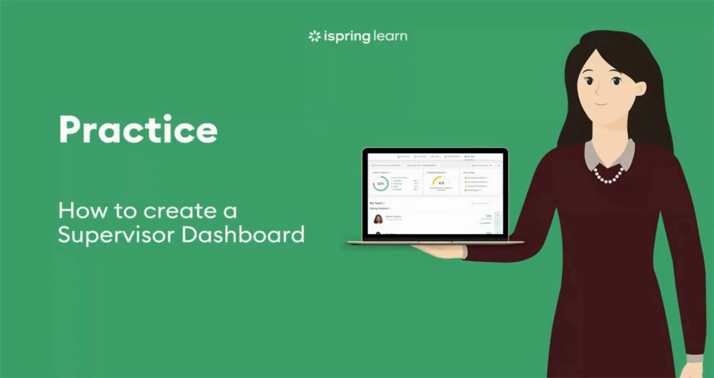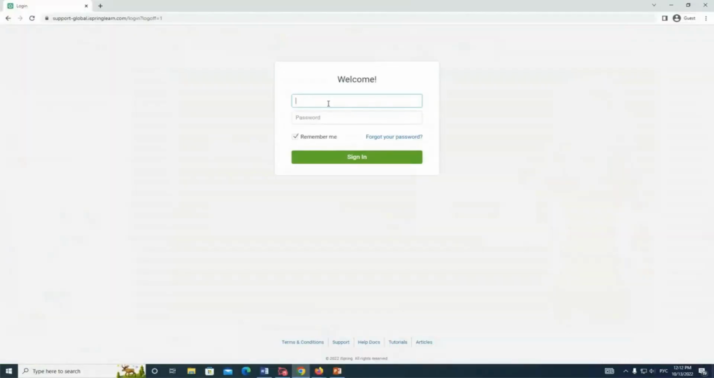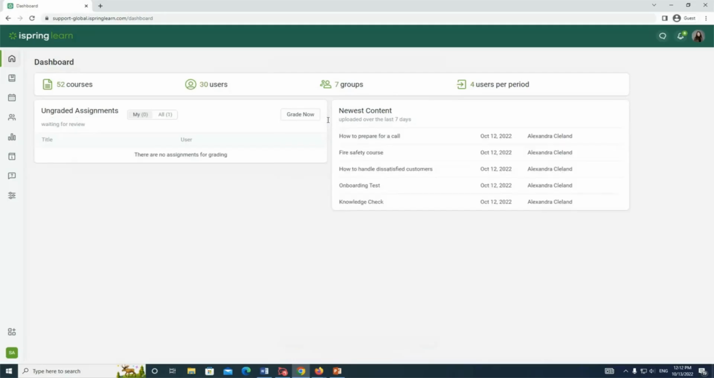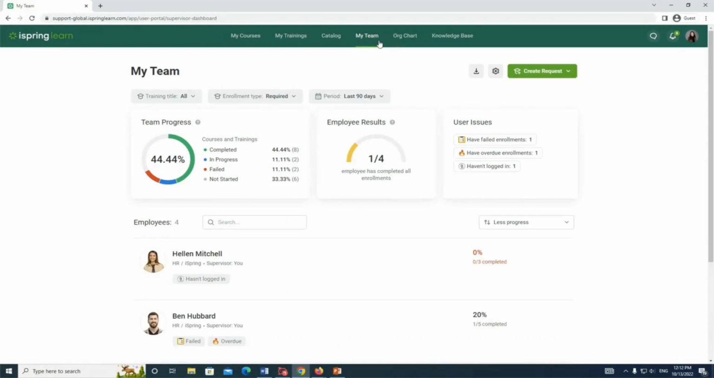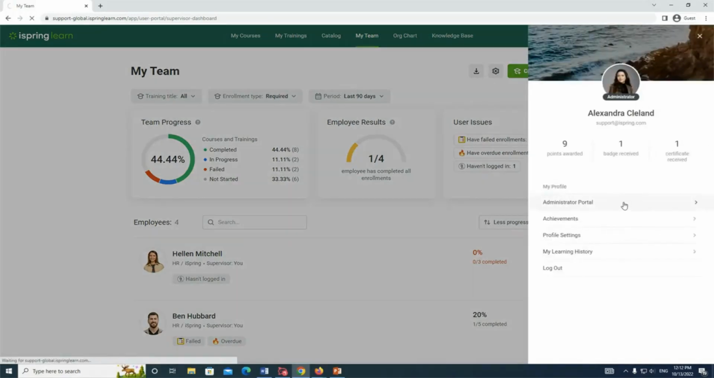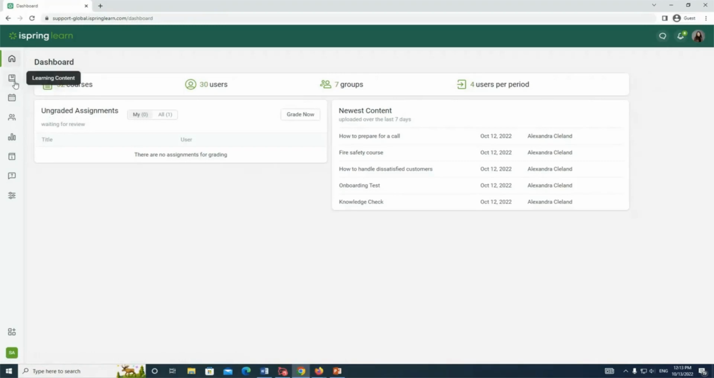So let's switch to practice. Now I'm going to log into my iSpring Learn account. Just a second. So here it is. I will go to the user portal and show you the supervisor dashboard here. If I'm assigned as a supervisor to a specific department, then the My Teams section automatically appears in my user portal. Now we need to go back to the administrator portal,